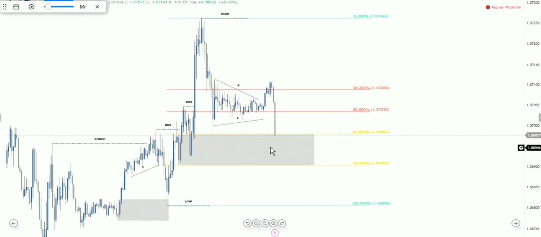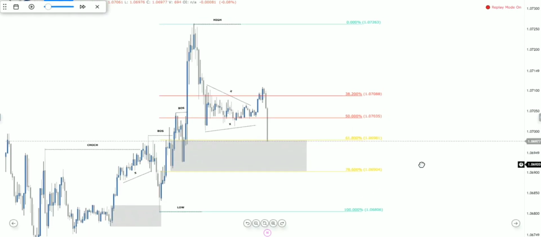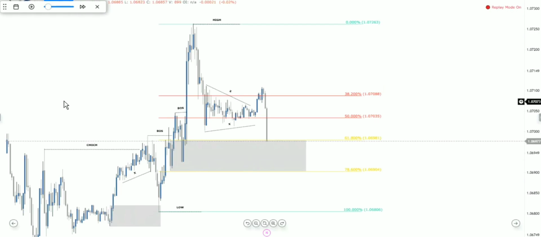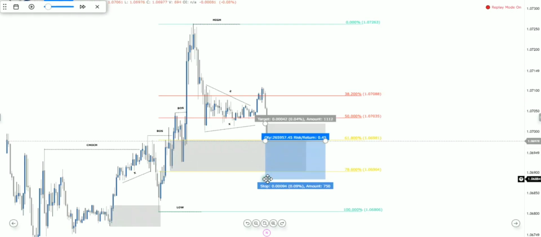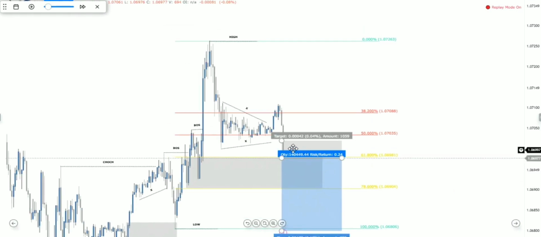Because price took out the previous high and the previous low as well, I would let my risk be a bit more than what I usually do because of what is happening currently. So let me just show you guys what I'm talking about. This would be a stop loss. My stop loss would be a bit bigger than what I normally do,